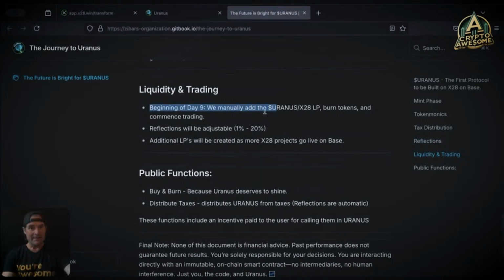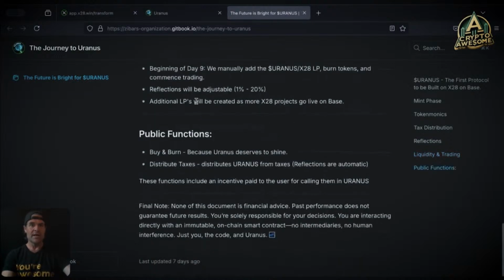Beginning of day 9, which is after the 8-day fair launch, URANUS will be manually added to the LP. It's the URANUS X28 LP. And they will start burning tokens and start trading. Reflections will be adjustable from 1% to 20%, and additional LPs will be created as more X28 projects go